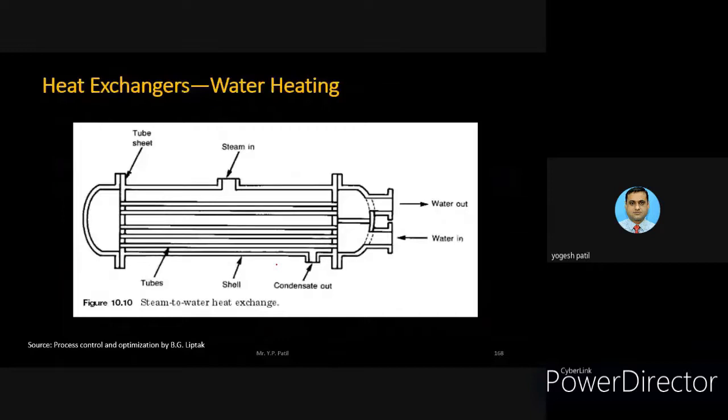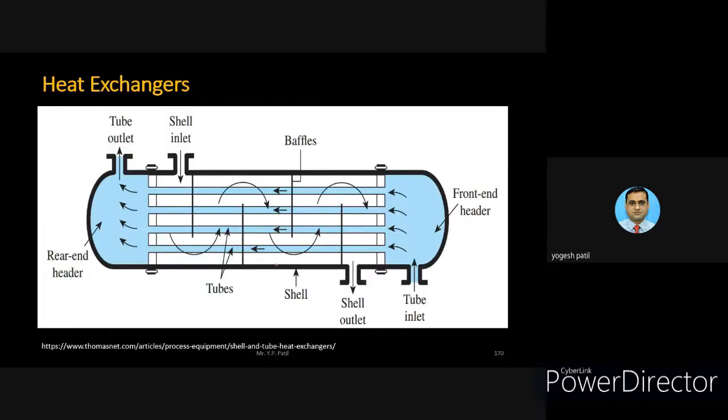So this water heating type of heat exchanger, where the water flows through the tubes and the steam is passed surrounding the tubes so that the heat gets exchanged. So this is the water heating type heat exchanger. This particular picture also clears up how the steam can be passed surrounding the water tubes. You can see here a baffle arrangement, so it gets circulated over the water tubes and heat gets transferred.